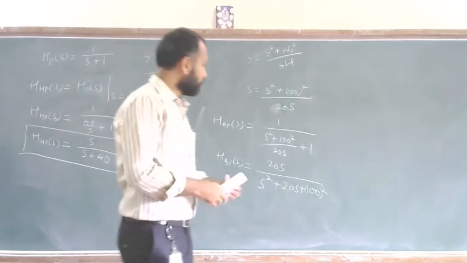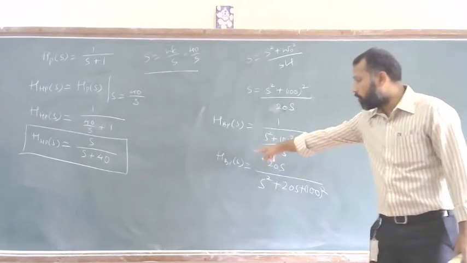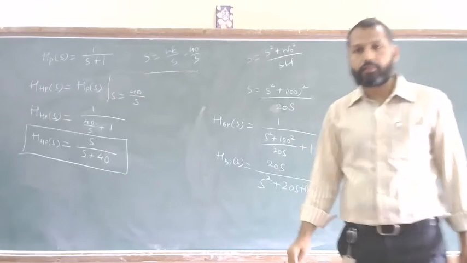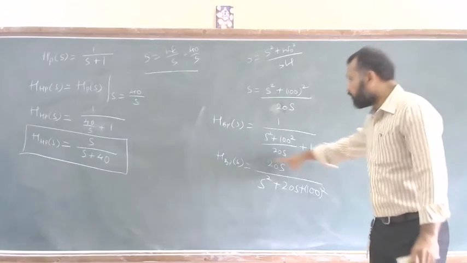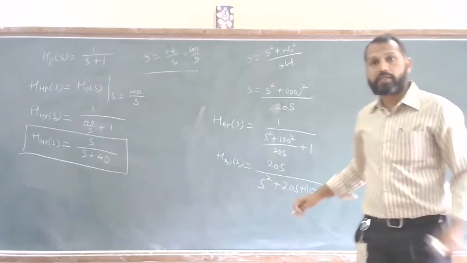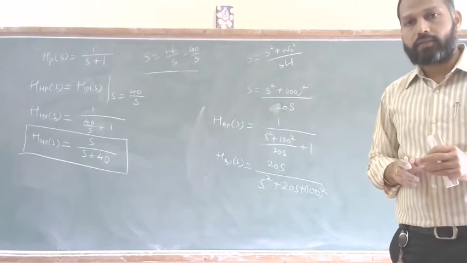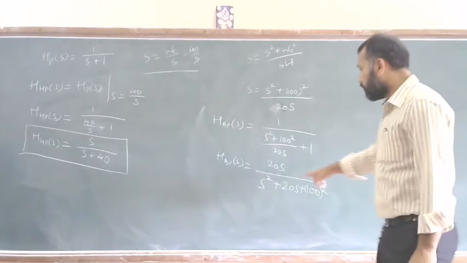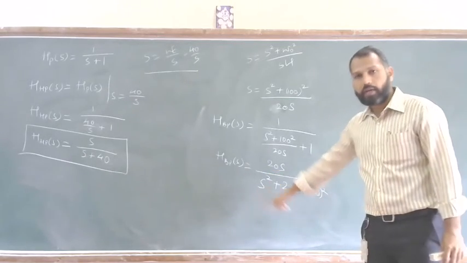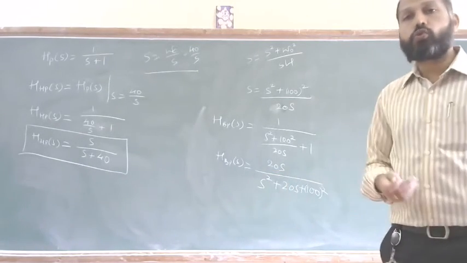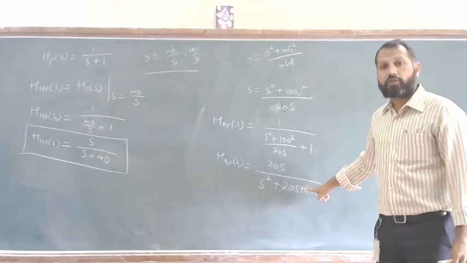It doesn't matter. Now, if you observe this, what is the order of this transfer function? This transfer function represents the band pass filter. What is the order of that band pass filter here? What is the highest power of S in the denominator? It is 2, because we have the S square term. So this is a second order transfer function.